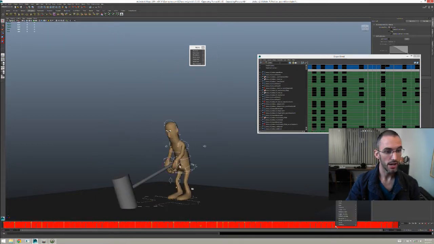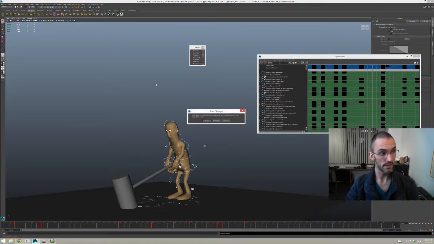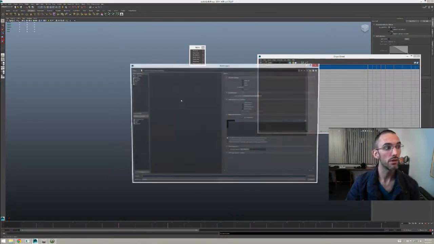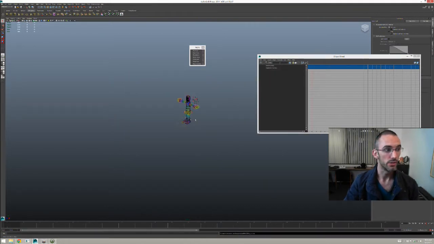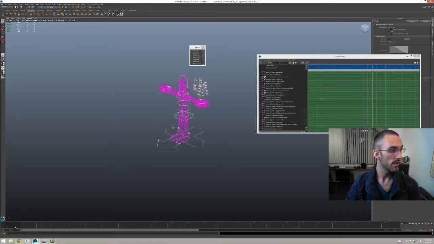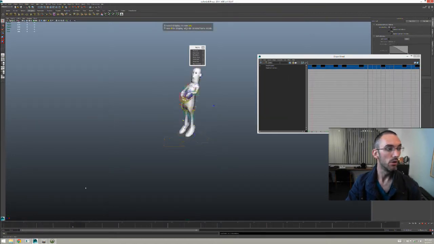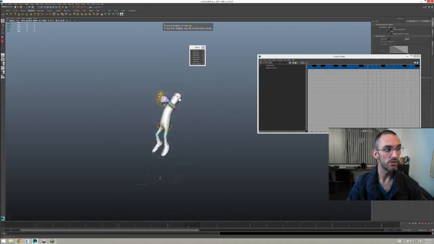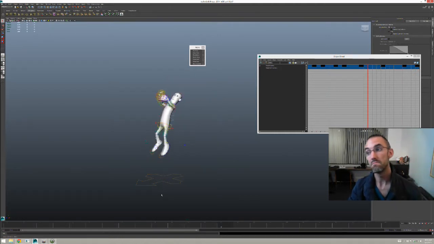Then I would do a copy on the timeline, and now let's see if that worked. Sometimes this is a way you can get Maya to select the right controls in the right order and to paste the animation correctly. So I'm going to select that. I'm going to go select minus high again, and now I'm going to go paste. There you go. So if you can trick Maya into selecting the controls correctly, then you can use the timeline.